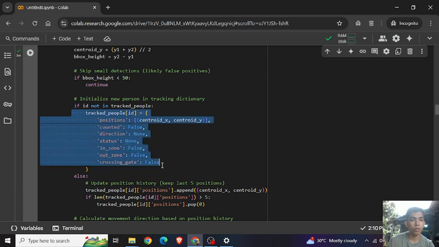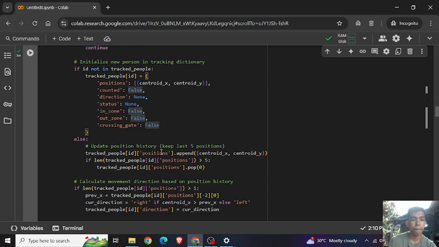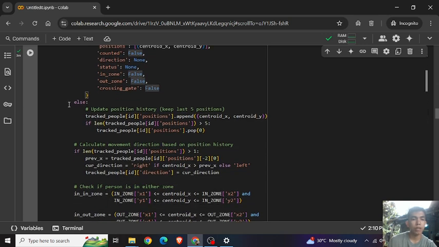So in this line, if a new person is detected, create an entry in track_people with initial values. Else, if a person is already tracked, update their position history, keeping the last 5 positions.